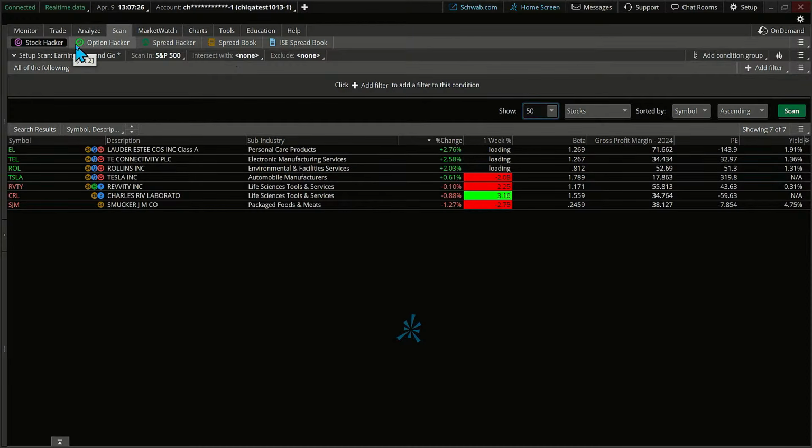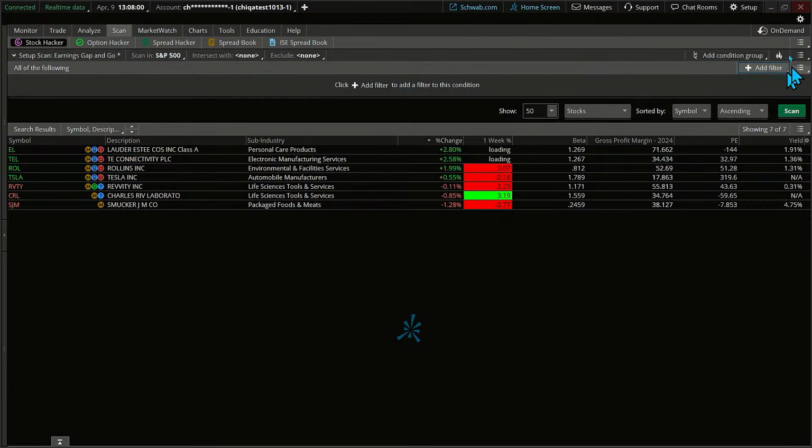There are other hackers in there. We don't just have one hacker. We've got the option hacker and the spread hacker. But we're talking about stocks specifically in the S&P 500. So what I want to do right now is dive into using the condition wizard to help us create the code to find stocks that just moved above whatever moving average we're after. We're going to extend this too, but for just our first ThinkScript condition wizard, it's really a ThinkScript gem to help us quickly find that.